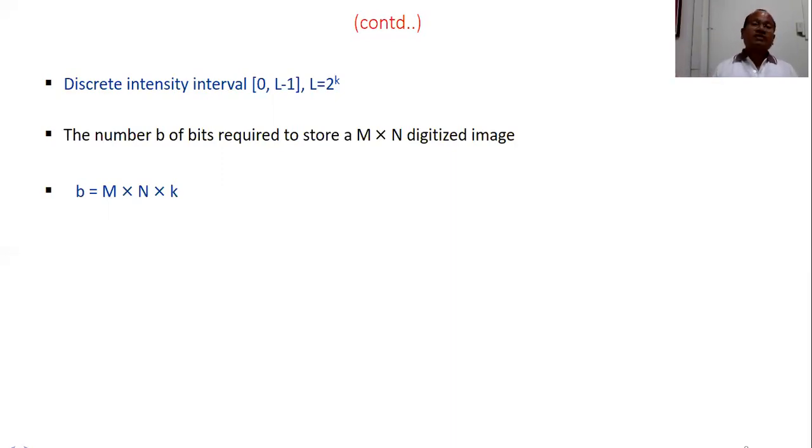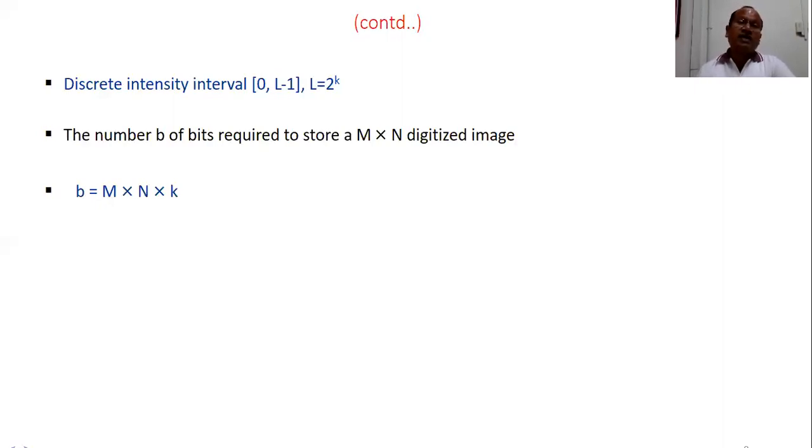The darkest pixel will have intensity 0 and the brightest pixel will have intensity 255. It means the white pixel is 255, black pixel is 0, and everything between 0 and 255 is different gray colors, combinations of black and white. Because I have already explained in the previous lecture, in digital image processing, black and white are not only 2 colors in a black and white image, but there are hundreds of other colors which are combinations of black and white. And this is the beauty of a digital image and its understanding by the computer.